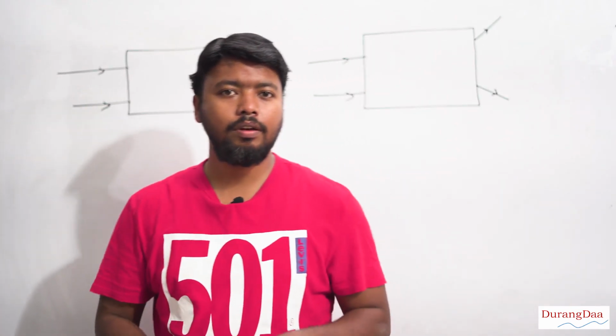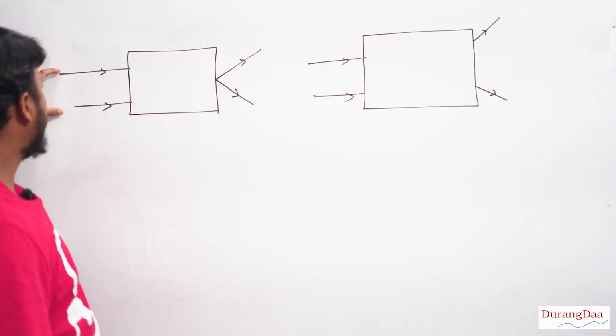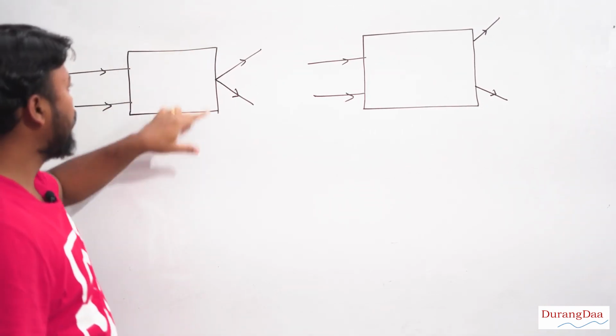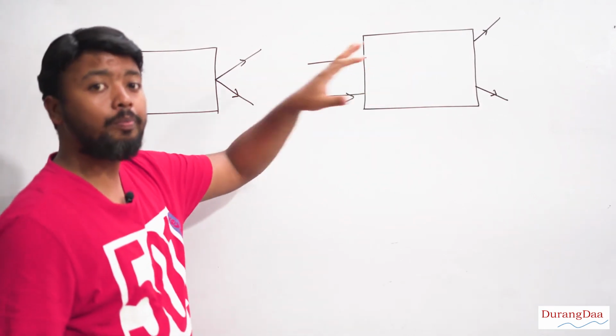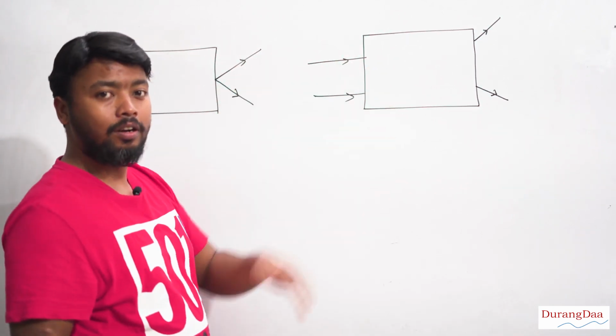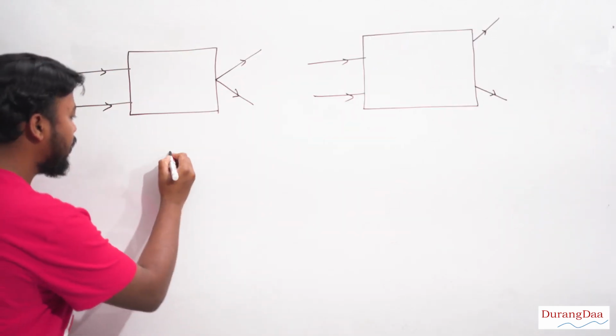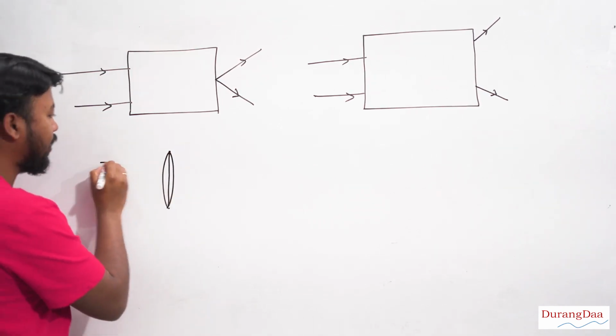In the first question, we have two figures like this, and parallel light rays are entering two boxes as shown in the figure. And looking at this figure, you have to predict which kind of lens is placed in each of these boxes. All right. So the information which we are going to use is the converging and diverging properties of lenses.